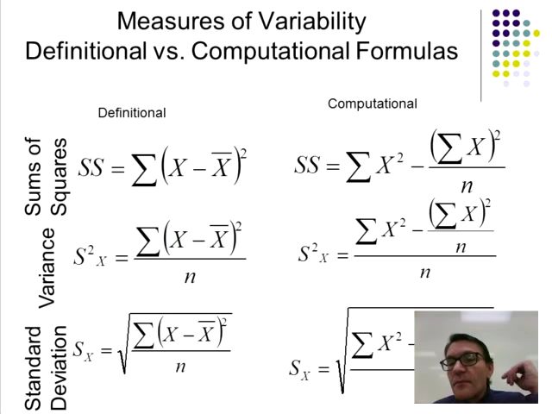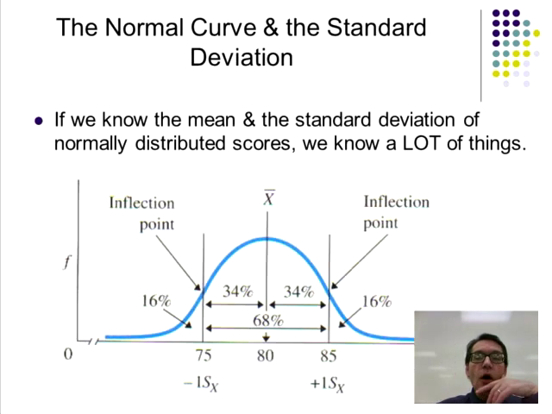With the computational equations. Okay, so we're hopefully kind of up to par on deviations. You sum them, you get 0. If you square them, you get the standard deviation. Well, the standard deviation is going to be a very, very critical concept in z-scores, because what's going to happen